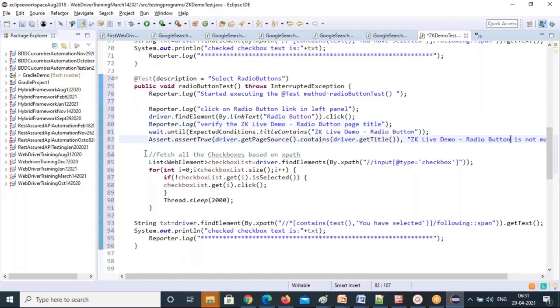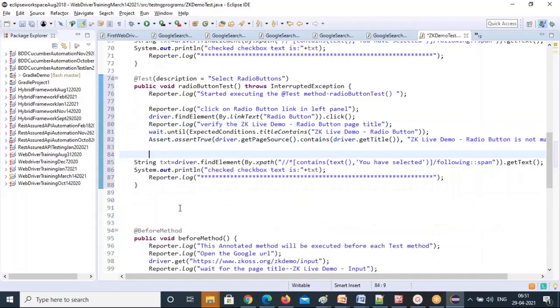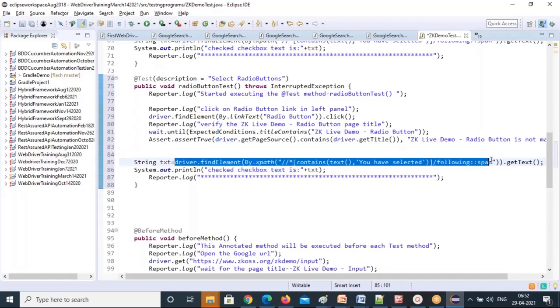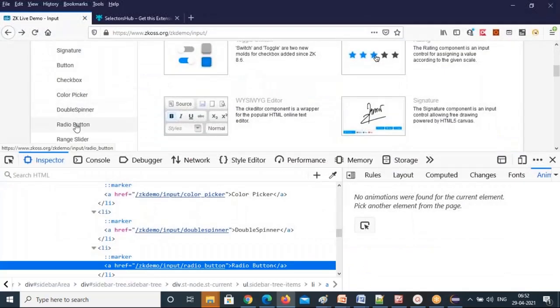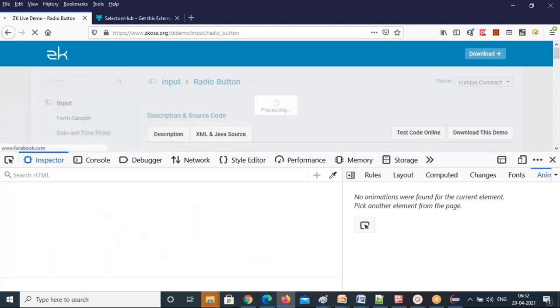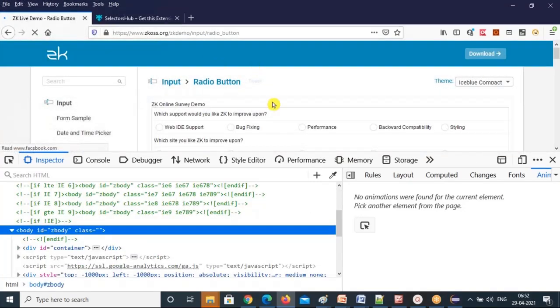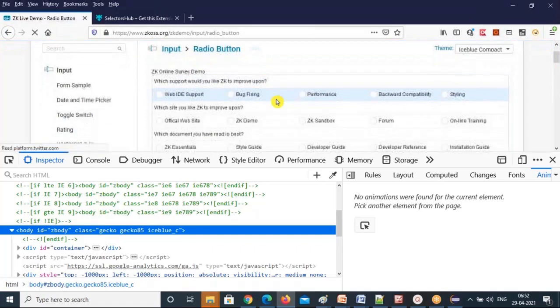Here you don't need to fetch. So here what you need to do is select a particular radio button. You have to select a particular radio button. So that's what we are going to do here. But again, the web element is almost similar to that. I'm going to select, you click on this, go to the next page, and then I verify the page title also. Then I'll select this performance radio button.